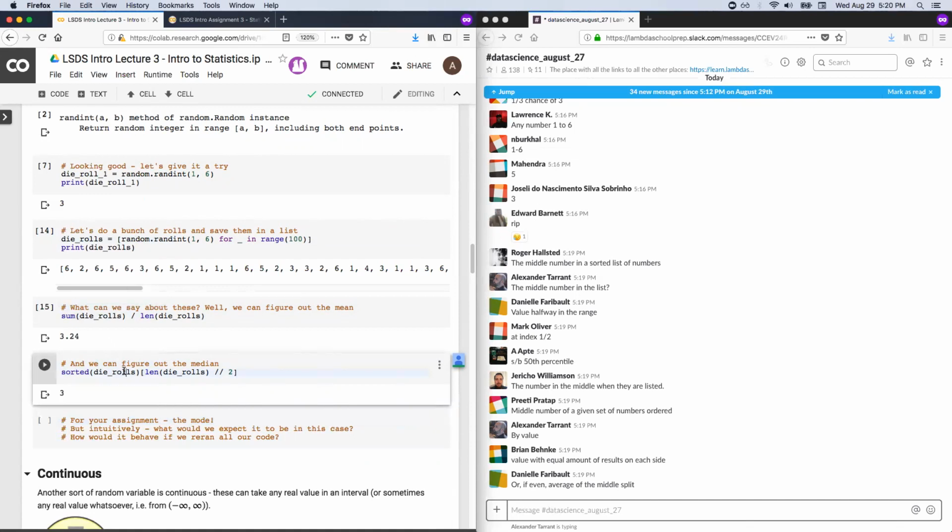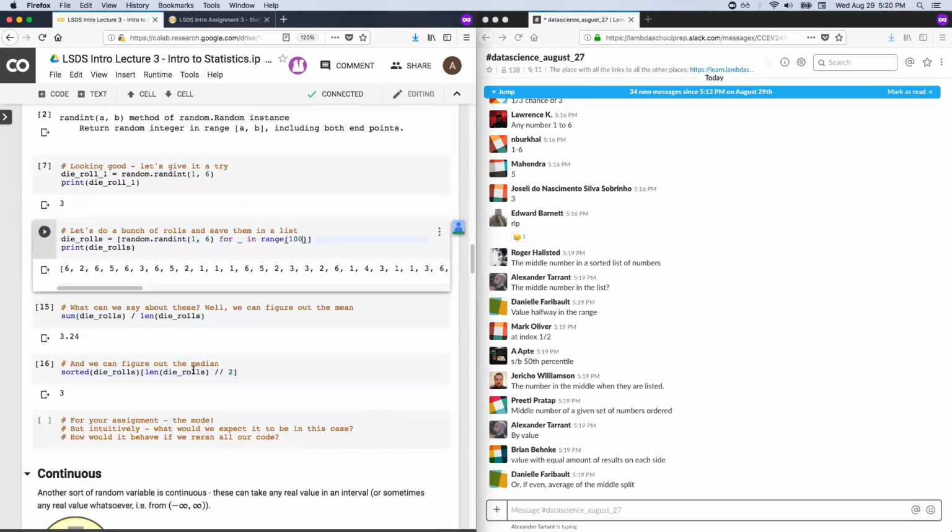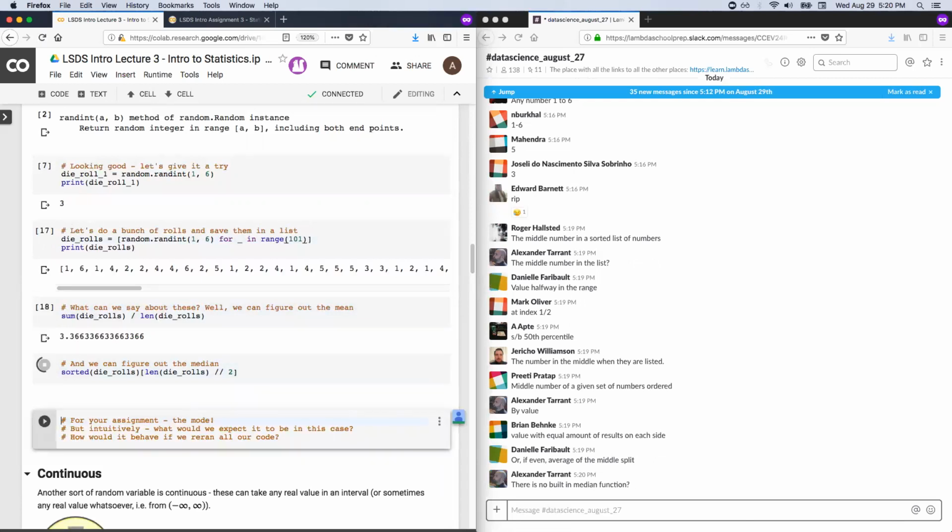In any case, if there's an even number, this is a little bit sloppy, right? There's actually 100 items, so we should be averaging the 2 middle items. It's the middle item when you have an odd number of items. So let's rerun it with an odd number of items just to be correct here. So that really is the median. When it's an even number of items, there are built-ins. I'm just showing it to you because writing it yourself is how you can understand how it works. There are built-ins, of course.